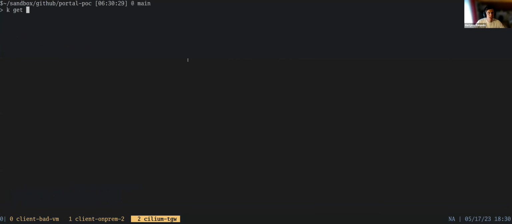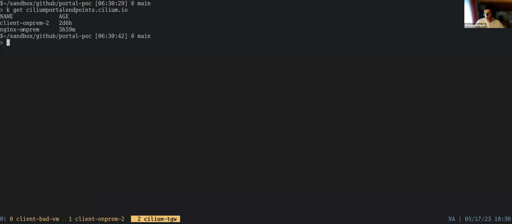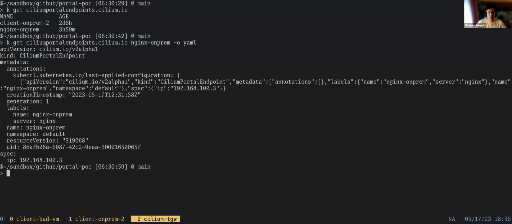So one thing which we have created, and whose creation will be automated, is the so-called Cilium portal endpoint. We have two portal endpoints, one for each workload. In the on-prem case, it's for each individual server. And if I, for instance, list this Nginx on-prem workload, you see it's basically a Kubernetes CRD, and a few important things are the